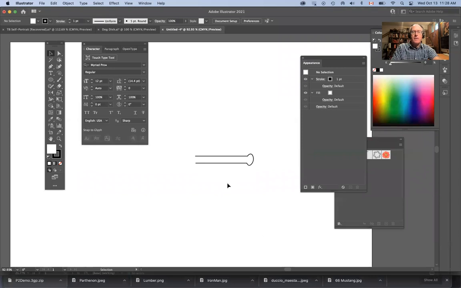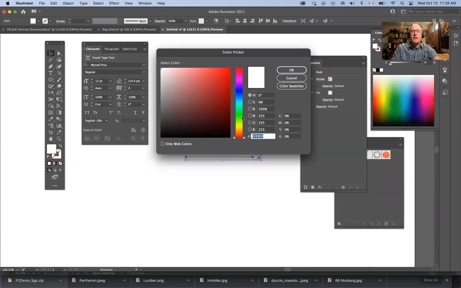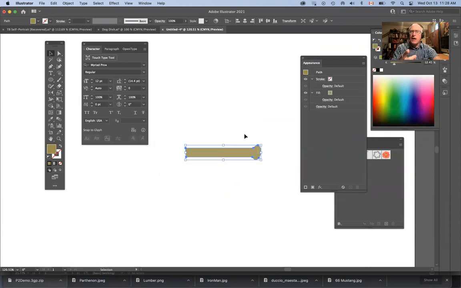I've got a shape here that I could revolve and make into something like a coin. And then we could put something on that. I'm just going to turn the stroke off. If I leave the stroke on, it ends up making like a black skin. And I'm going to fill it with a color like copper. Good. So now if I said, okay, I'm going to take that shape and spin it,